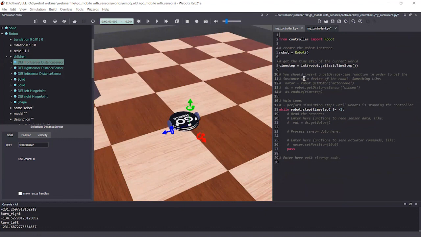To get access to the robot, in Webots we have a library called controller. So from the controller library, we import the part called Robot. Robot means this robot node. So we are importing the Robot node from the Webots controller.